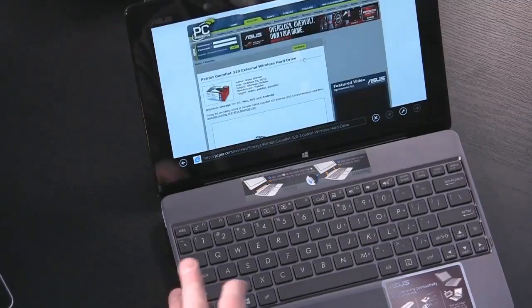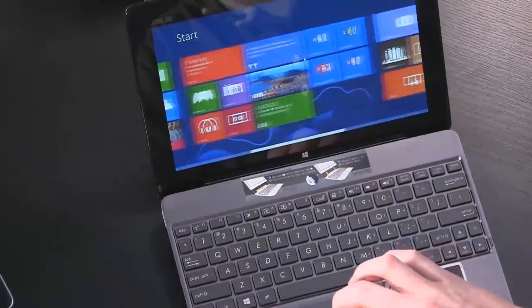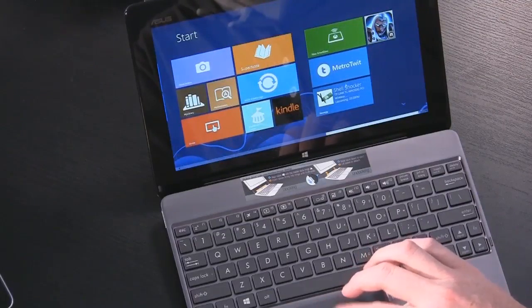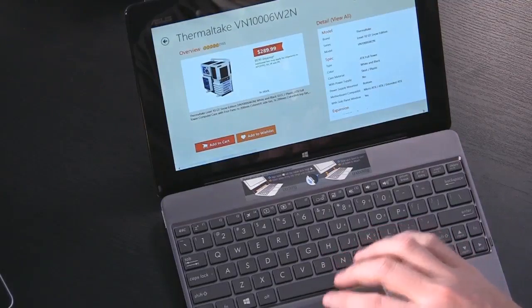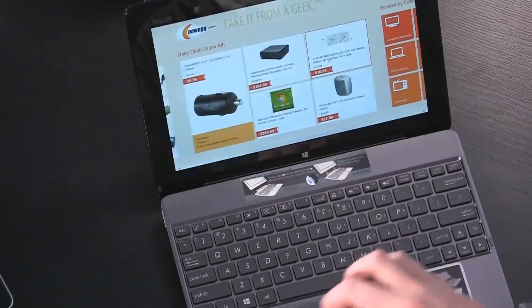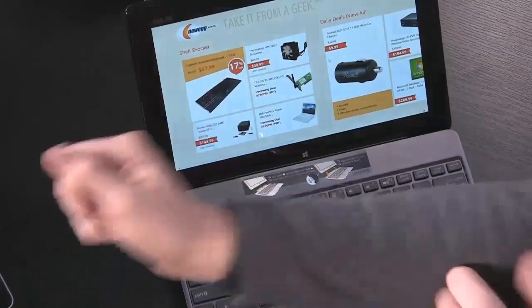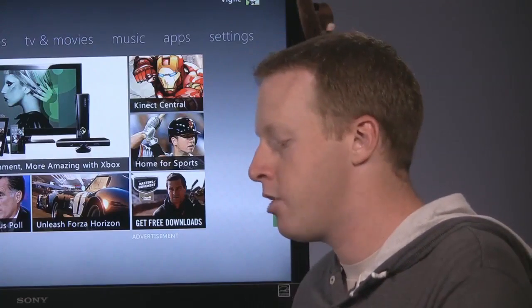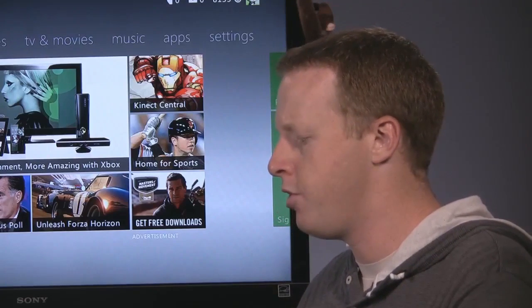So that's pretty nice. Hit the Windows key, let's go back. You can use a touchpad to scroll across this. We can go to one of the applications that we've opened and do the same thing here. So it's nice to see. Will it be the best touchpad keyboard combination or the best keyboard and touchpad that you'll use? I'm going to say no, but in terms of a 10.5-inch machine, being able to